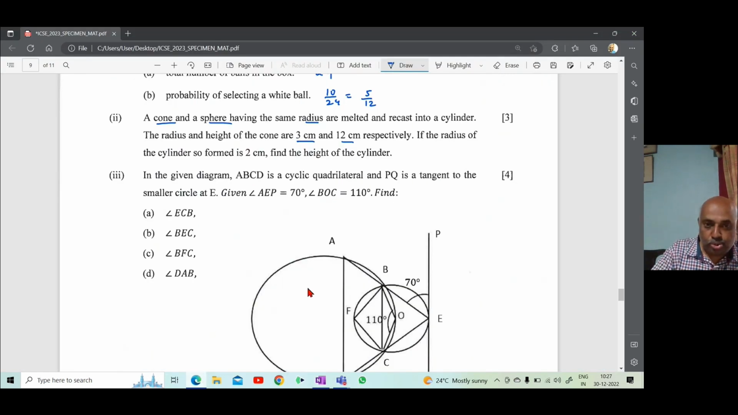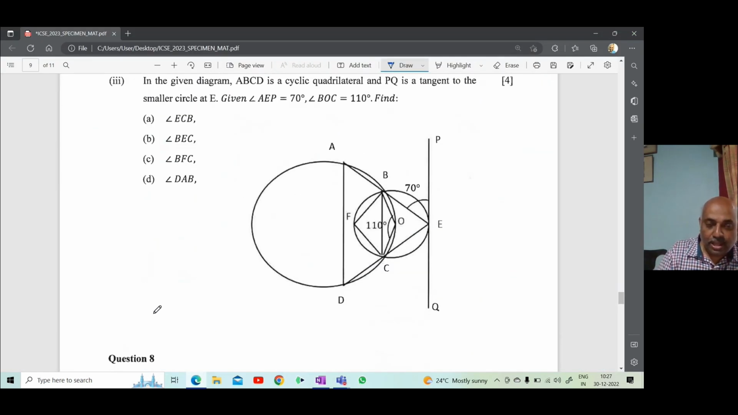Now, moving on to the next question. In the given diagram, ABCD is a cyclic quadrilateral. What is a cyclic quadrilateral? A quadrilateral which has its vertices on the circumference of the circle. So if the four vertices of the quadrilateral lie on the circumference of the circle, then we call it a cyclic quadrilateral. They say that PQ is a tangent